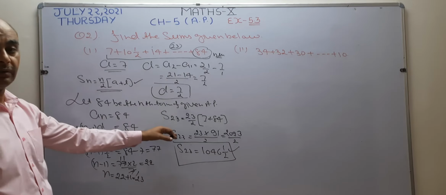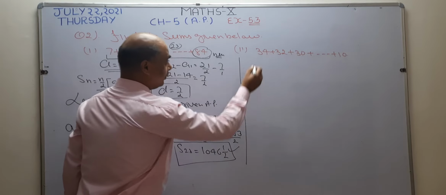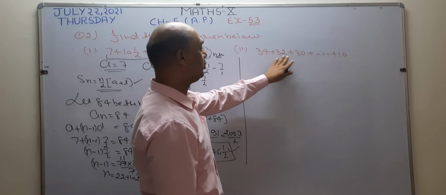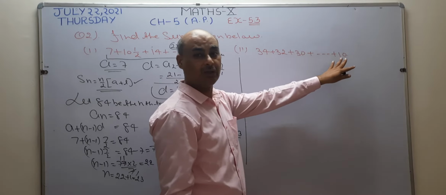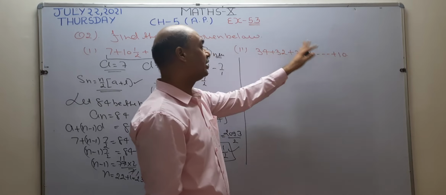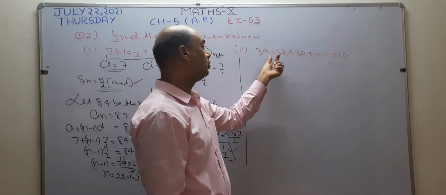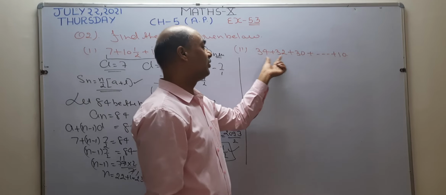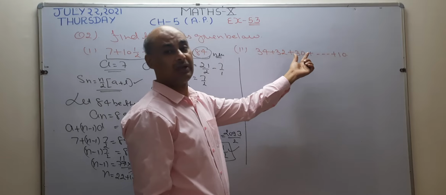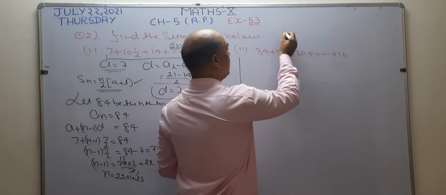I hope it is clear. Now see, I want to find the sum of the second sequence. In the second question, again 34, 32, 30, some terms are missing. First, I want to check how many terms are there. After checking how many terms there are, if there are 25 terms, I am going to take the sum of 25 terms. So I am using the formula n by 2 times (2a plus (n minus 1) d). Since the first and last term are there, I am going to use this formula.